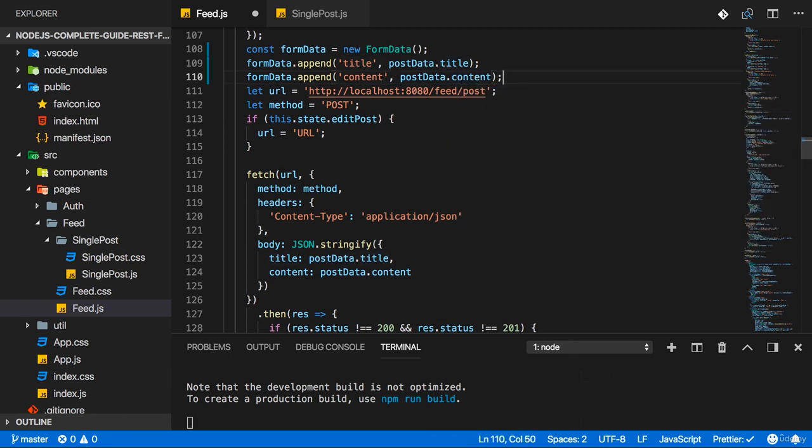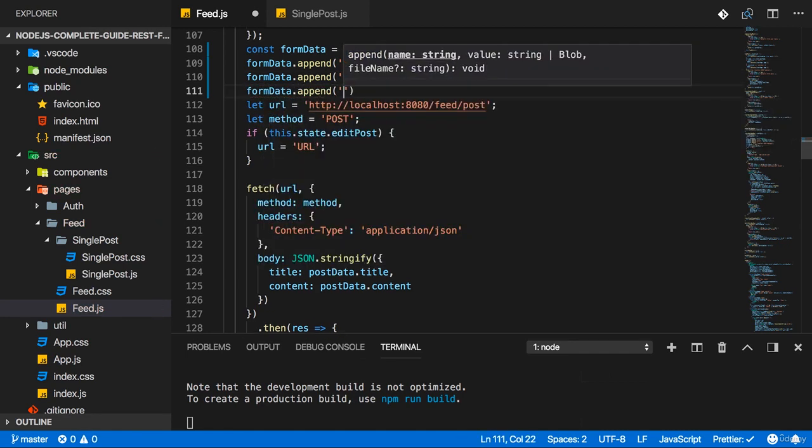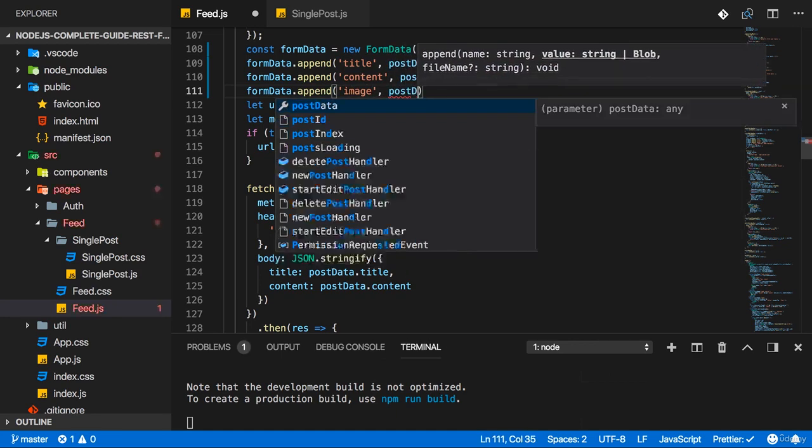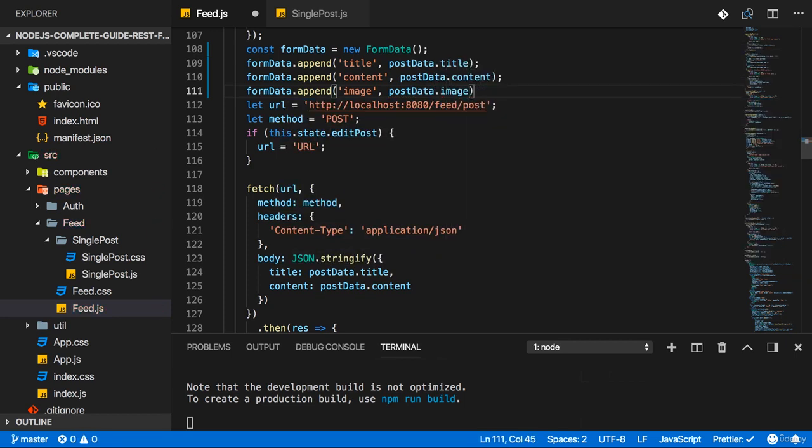And now we also want to append an image because we can append files as well. Now this should be named image because we'll be looking for this field on our REST API. And now here I can reach out to postData.image because that is where I will get my image in my front-end code. With these three fields, I got form data prepared that now has mixed content, text, and